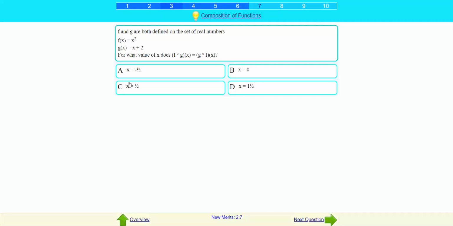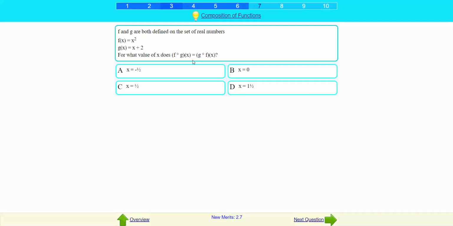f and g are both defined on the set of real numbers. Okay, both real numbers, fine. For what value of x is the composition interchangeable? So what value of x? I think we need to use the paper now. So I have a paper now, so you could follow along and try to solve this on your own. So g of x is like x plus 2